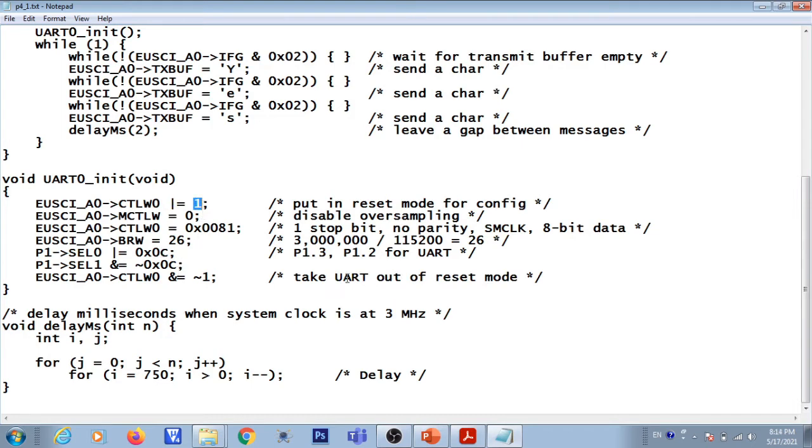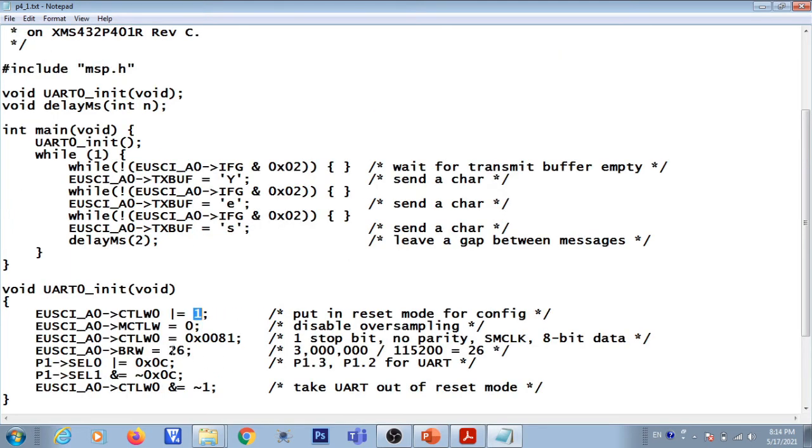After that, you need to clear the 0th bit of control word 0, using AND equal to tilde of 1: wherever the bit is 1, that bit will be cleared. Then this is a small loop for generating a little delay. So this is the UART0init function.